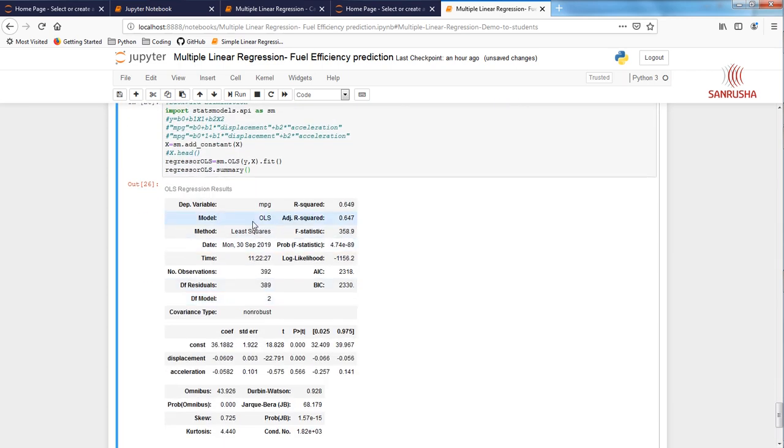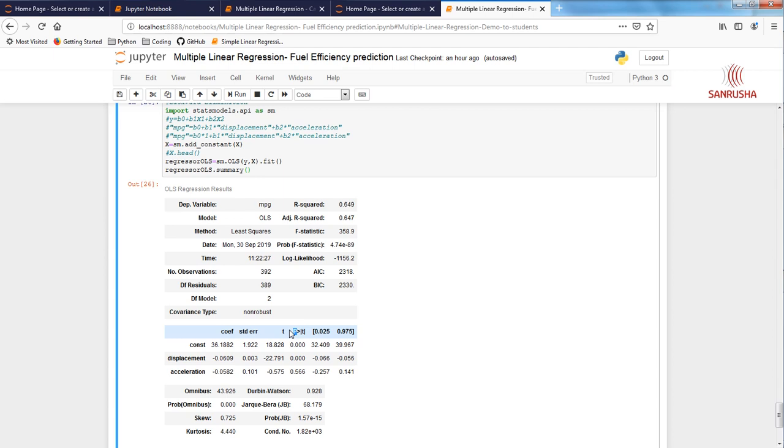Very good. So what are we looking for in this? We are looking for this value P greater than t, and the significance level is 0.05. There is a big theory about what is p, and I'm going to write a blog on that, and I will put it as one of the lectures.